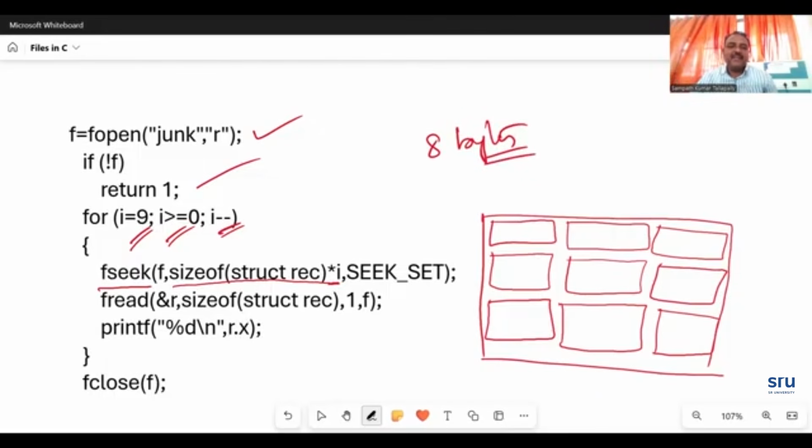So I into 8 into 9 means 8 into 9, I'll go to this record. Seek set means, in the sense, now what we are going to understand. Seek set means from the 0. It means now the file pointer is assumed at this point. From here, we are going to say